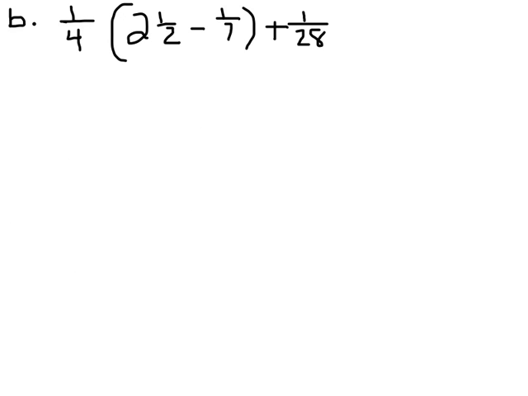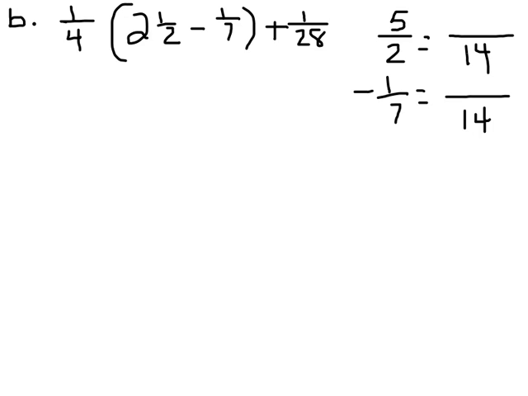Okay, finally, now the first thing we're going to do here is we're going to take this 2.5 and make it an improper fraction, so it would be 5/2 minus 1/7. I'm going to have to get a common denominator. You guys know what it is. It's 14. 7 times 2 is 14. 1 times 2 is 2. 2 times 7. 5 times 7 is 35. We are subtracting. So 35 minus 2 is